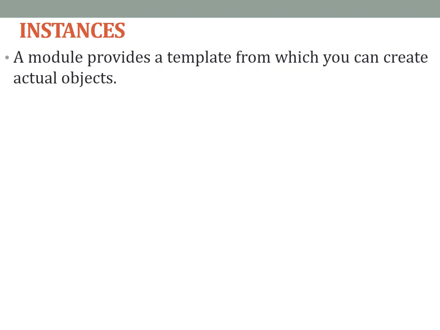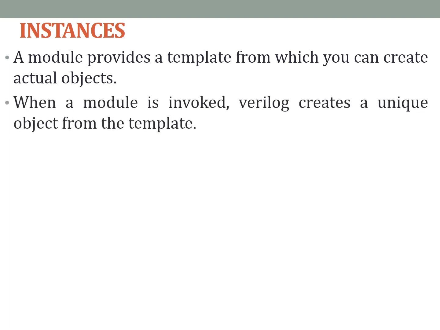Now, let us understand what is an instance and what is the difference between a module and a module instance. A module basically provides a template from which we can create the actual objects. So it gives us a framework from which we can create any number of the objects required. So when a module is invoked, instantiated or called, Verilog will create a unique object from the original template, that